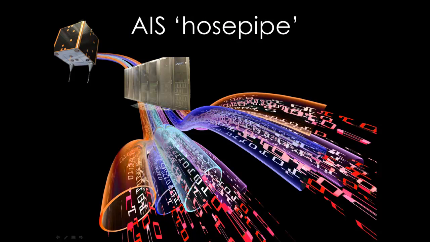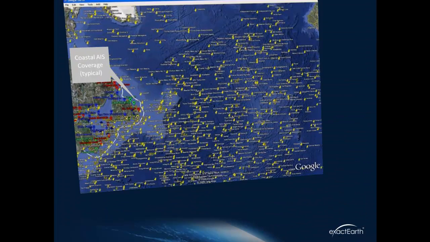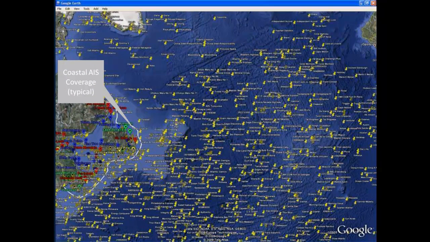So our traditional method of deploying these data is something we've termed the AIS hosepipe. We collect all of this vast amount of AIS information, we get it down from the satellites through a data processing center, and we effectively stream these AIS messages at our end users in as near real time as we can manage it. And if we look at what this means to our customers, here's a good example.